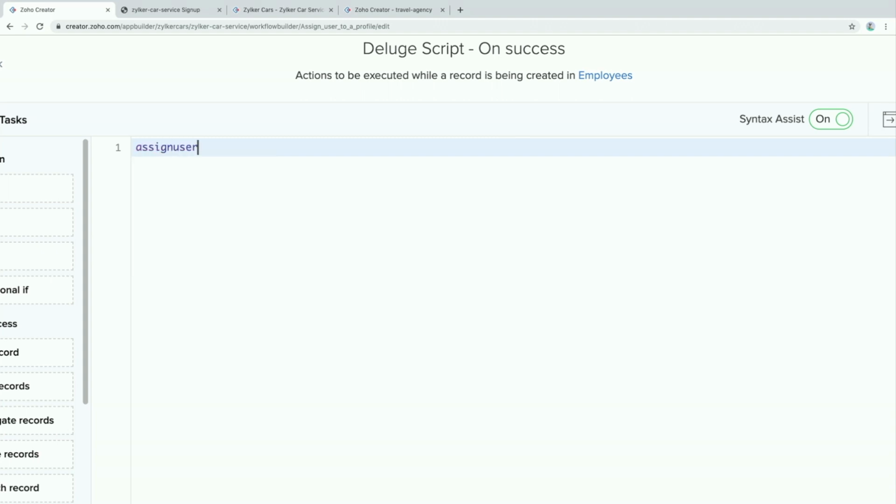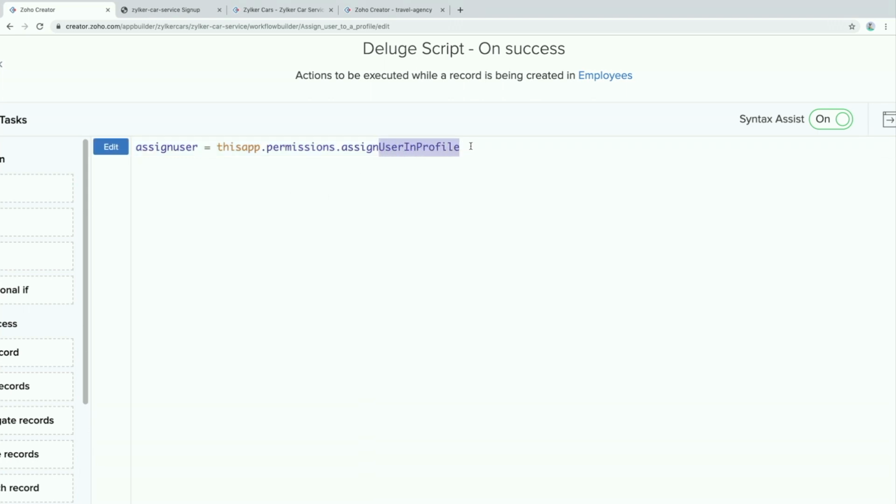I'll say assignUser equals thisapp.permissions.assignUserInProfile. This is the syntax. And whenever you are making use of this, I want you to be extra careful because U, I, and P, all these are in uppercase.